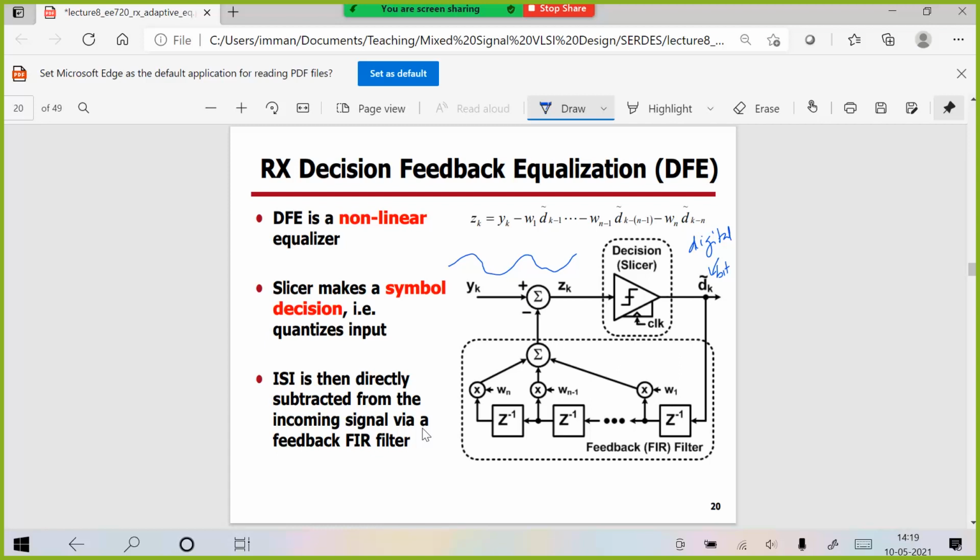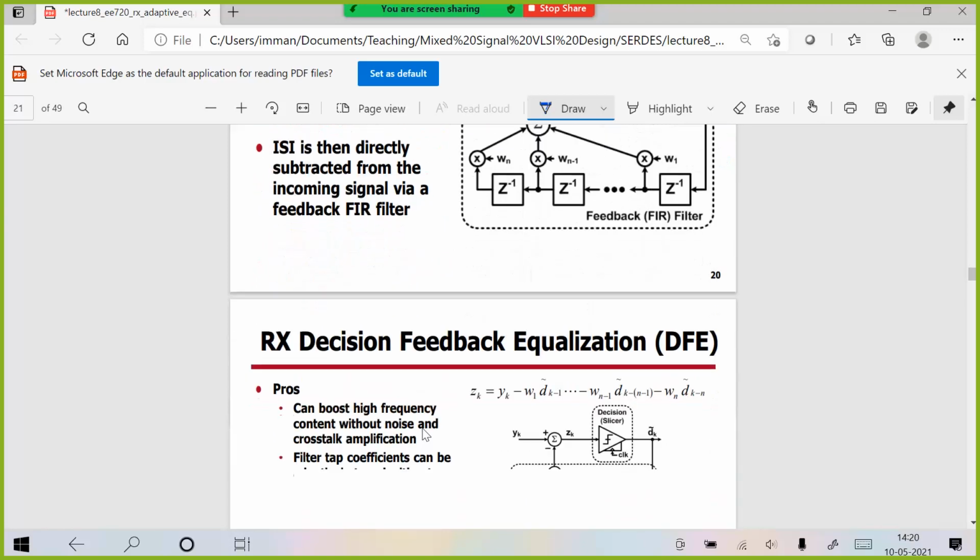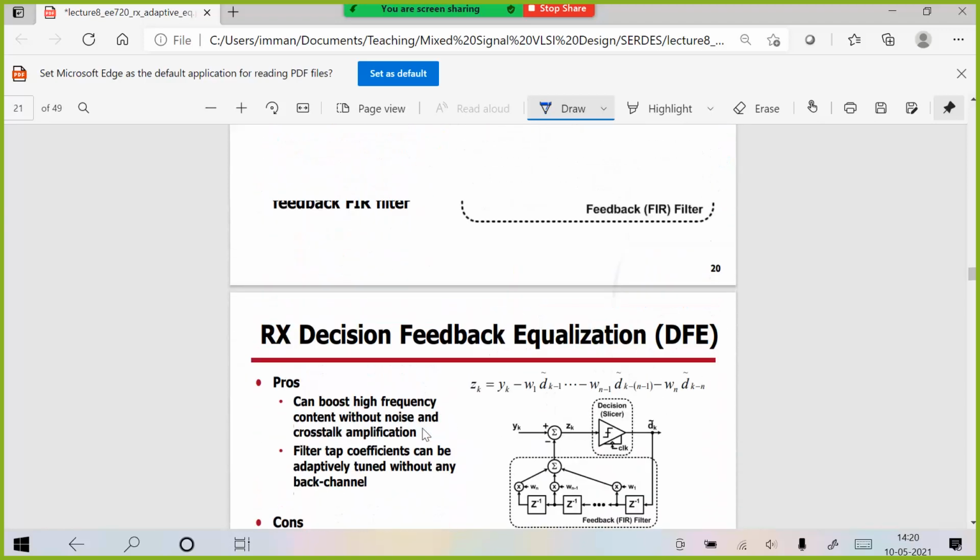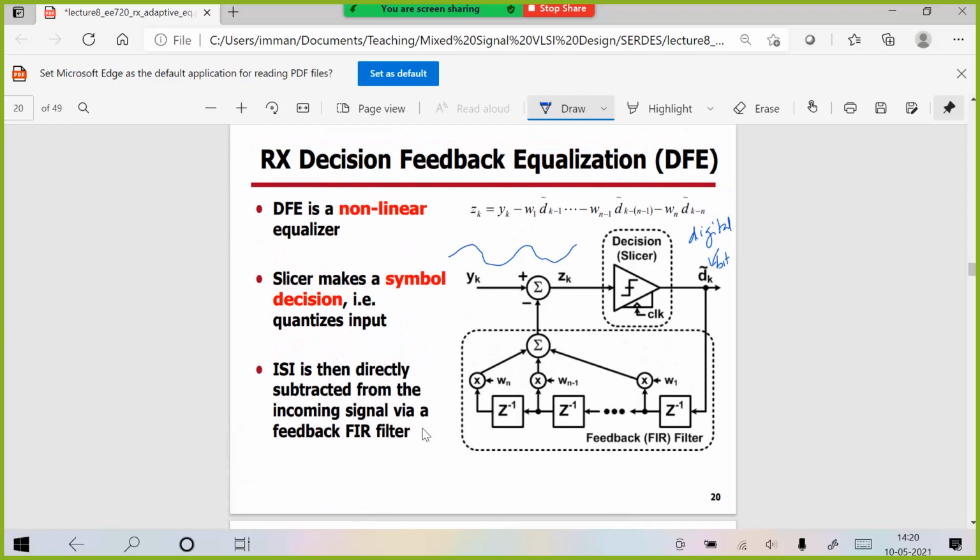All right. Now this is fed into a feedback loop. Now this is nothing but an FIR filter. What is an FIR filter? Delay, multiply, and add. So it goes through a Z inverse. You multiply with weight W1, then you add it, and it goes to the next delay, weight W2, add. So this is what happens. Now what is the concept behind this one? The concept is that we know that in ISI.